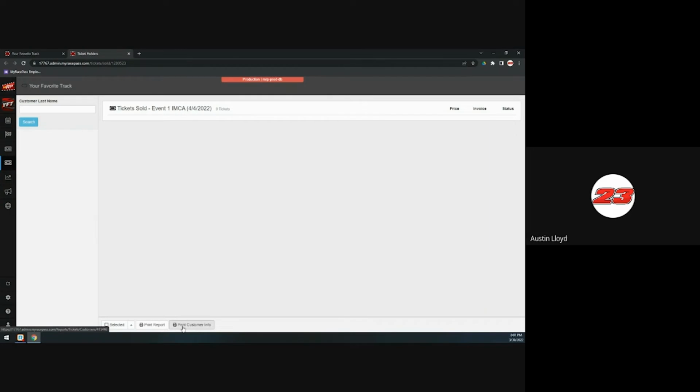And you can also print a customer info sheet. So in this way, you can get all of the addresses and all of the email addresses of the people who have purchased tickets from you. So if you have some kind of direct mail marketing scheme or some kind of email marketing scheme that you're going to go through,